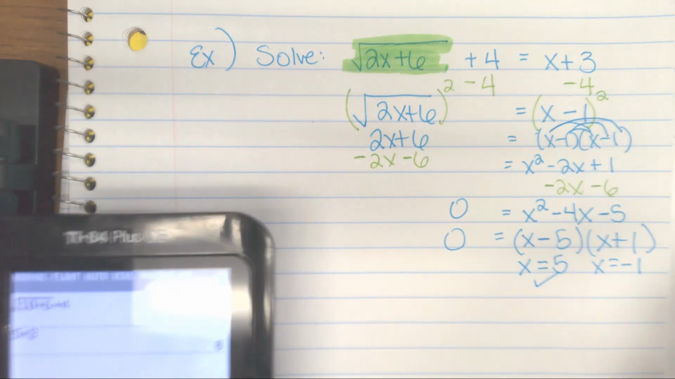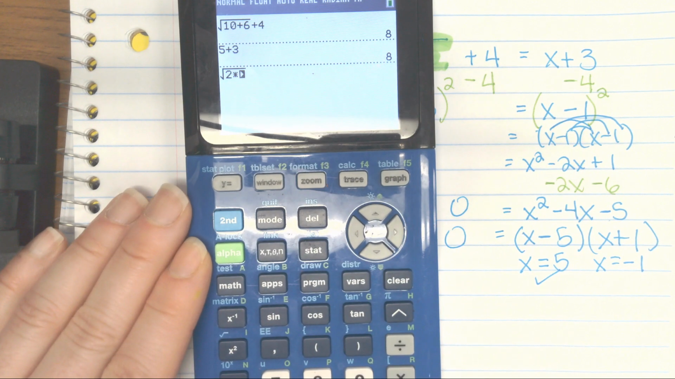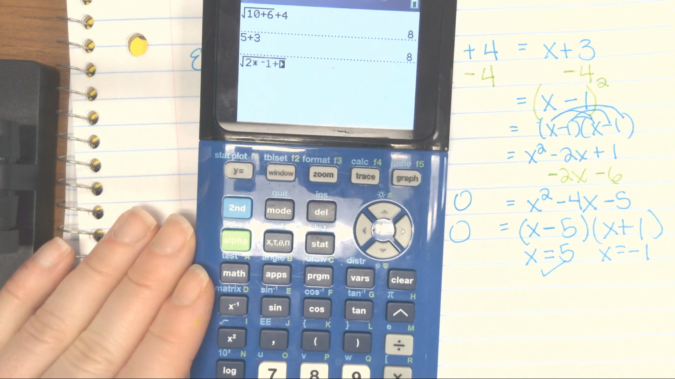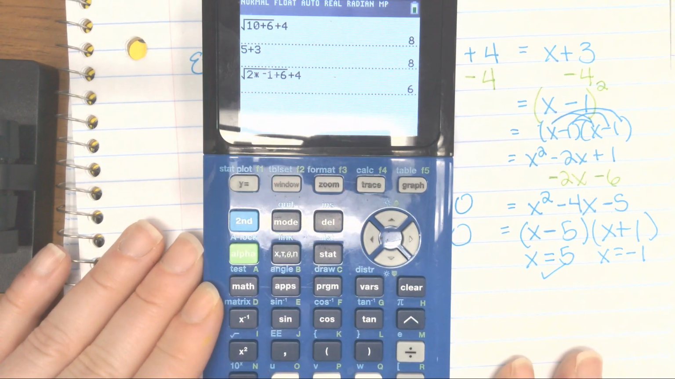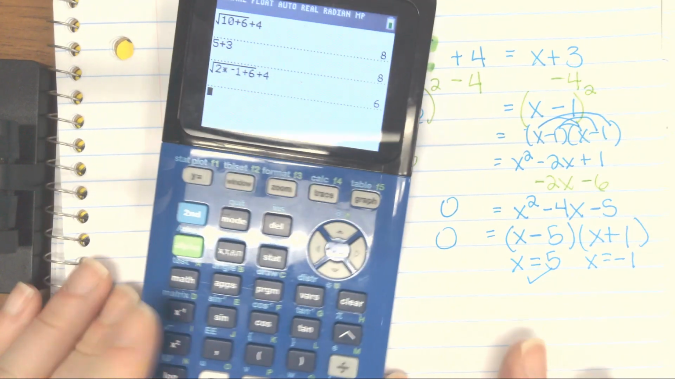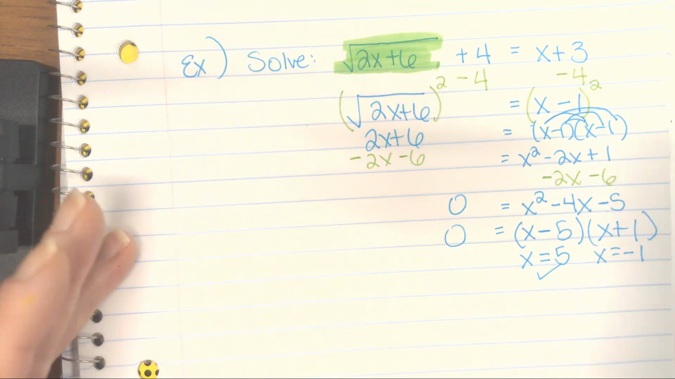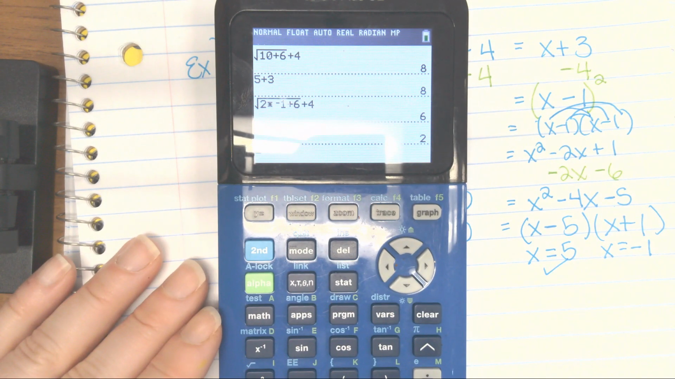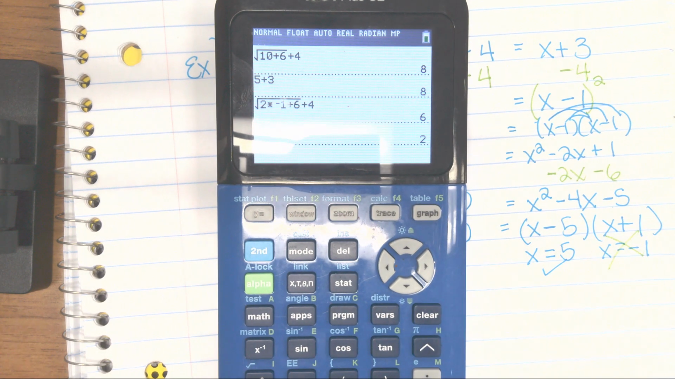Let's try negative 1. So the square root of 2 times negative 1 plus 6 and then plus 4 gives me 6. And then negative 1 plus 3 gives me 2. Does that one work? Nope. So that one doesn't work in the original. Okay,